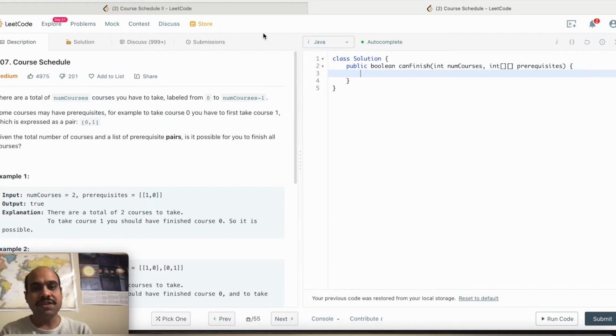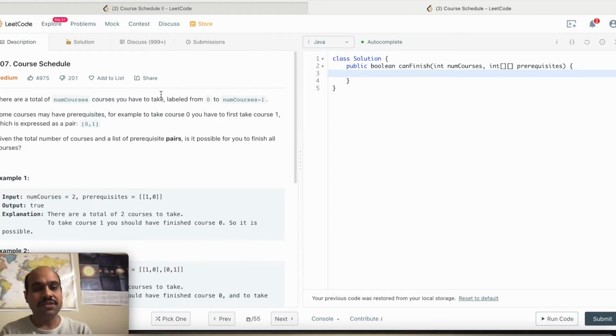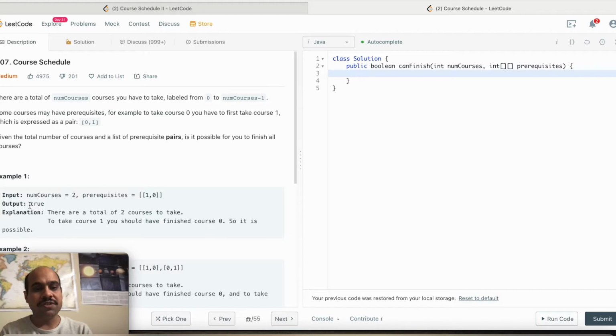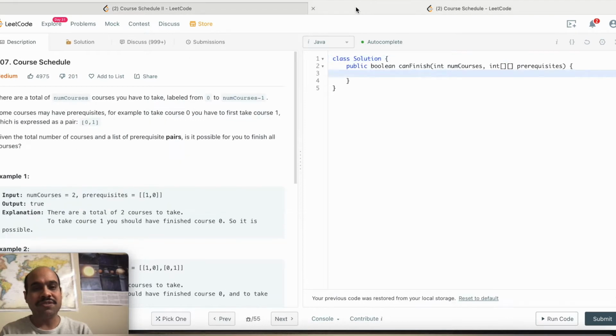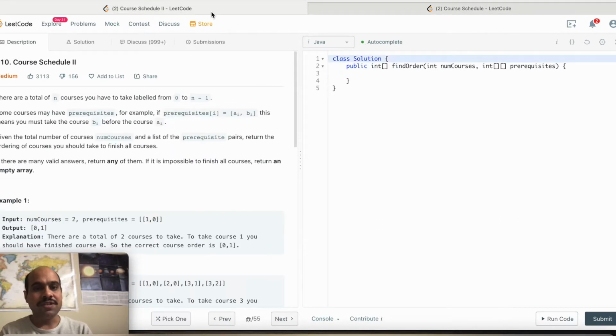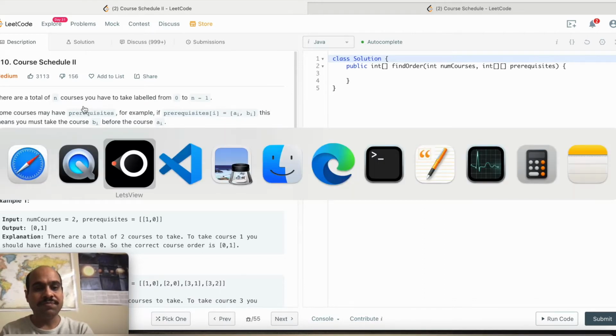They both are similar. We have to return some ordering, or we have to return true or false in case that ordering is not possible. So we will solve 210 and it will cover 207 as well. First let us see what the problem is, then we'll see what we are trying to do, then we'll see what the algorithms are to solve this question, and then we'll solve this problem. Okay, so let's go through and see the problem definition.